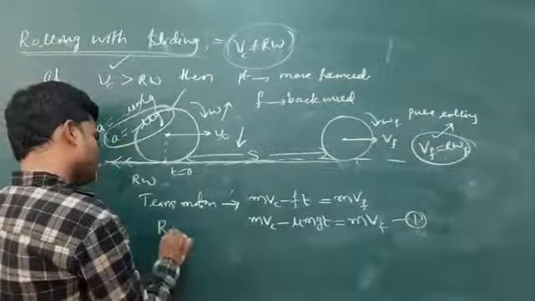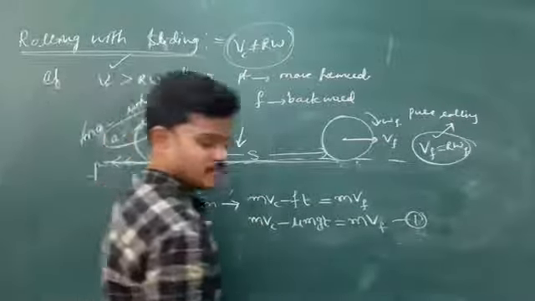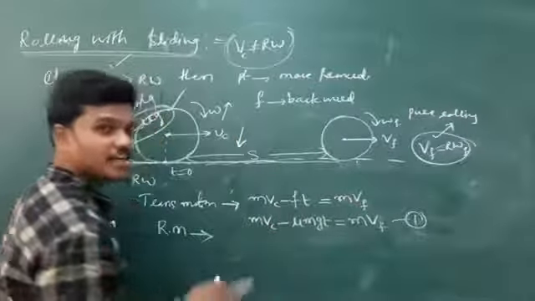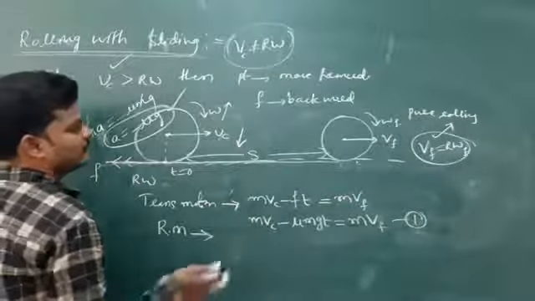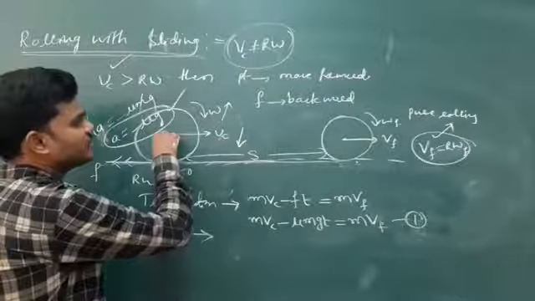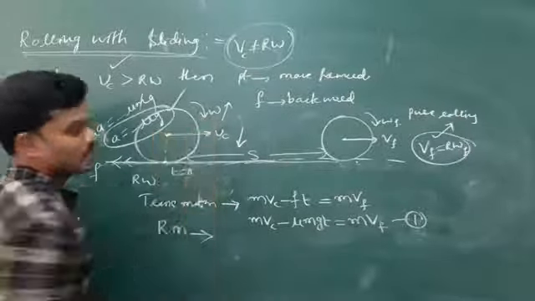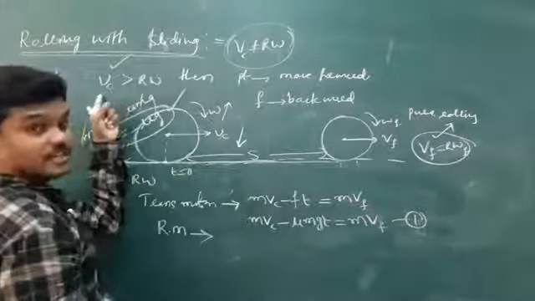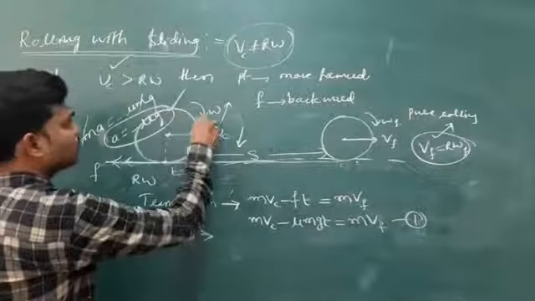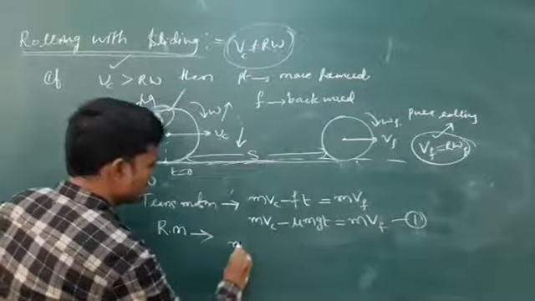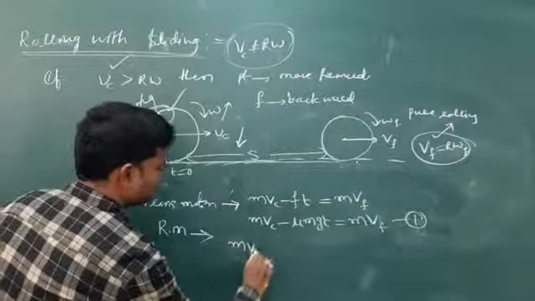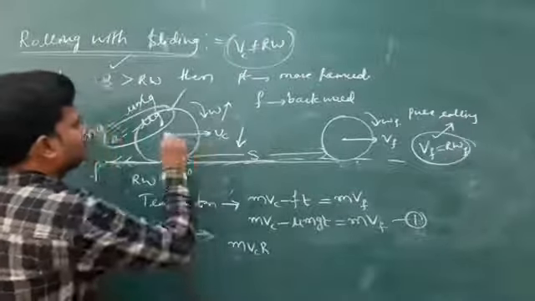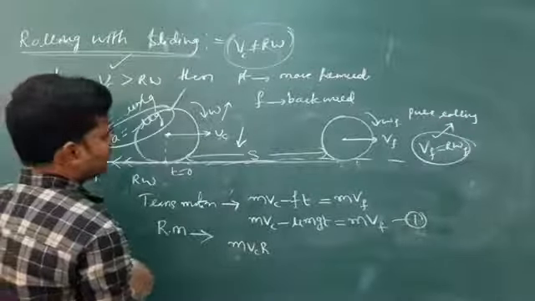Apply the rotatory motion equations, which means just applying the conservation of angular momentum. Angular momentum is nothing but I omega or mvr. Initially it is not rotating. Of course it is rotating with angular velocity omega, but Vc is greater. Due to rotation there is no angular momentum, only due to translational motion, mvc r.